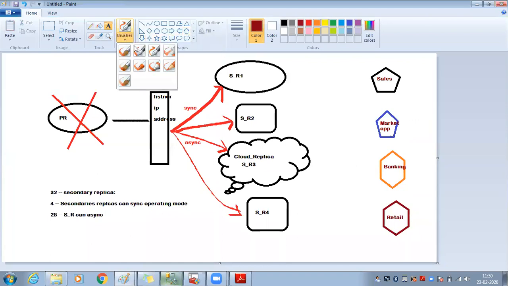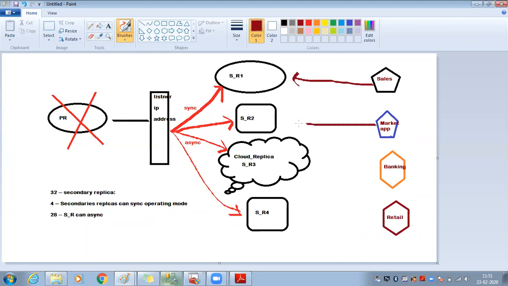Now one application can be connected to this server. One application can connect to this server. Another application can connect to this server. This is called load balancing. And also your primary replication,